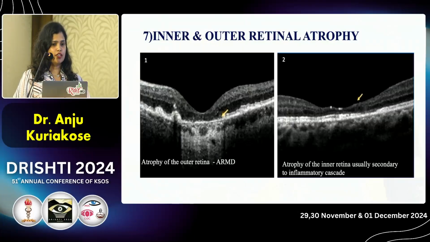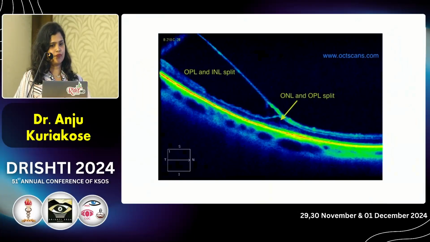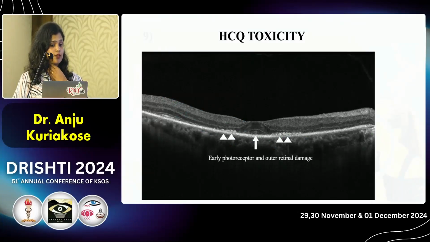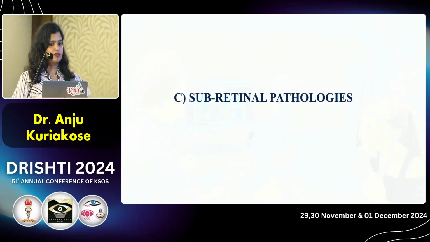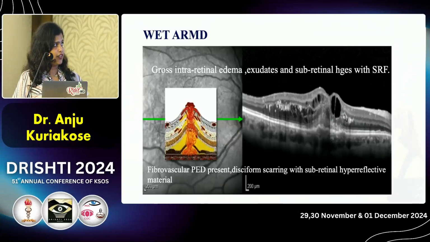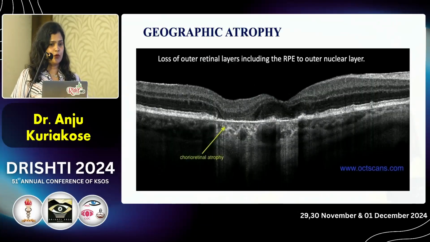The next is inner and outer retinal atrophies, retinoschisis, HCQ toxicity, early photoreceptor and outer retinal damage with a spaceship sign. Next is subretinal, is ARMD, drusenoid PEDs, wet ARMD showing intraretinal edema, exudates and subretinal hemorrhages with SRF,